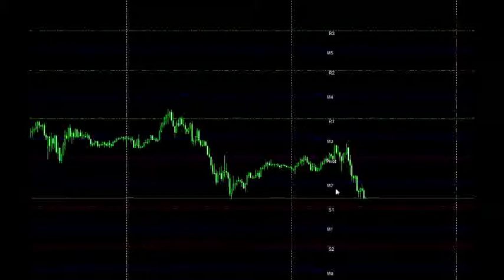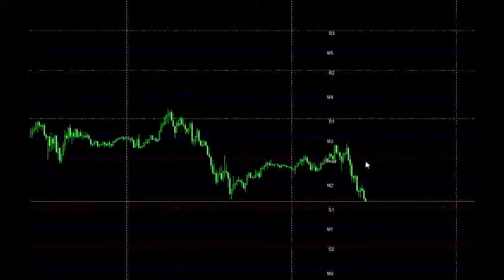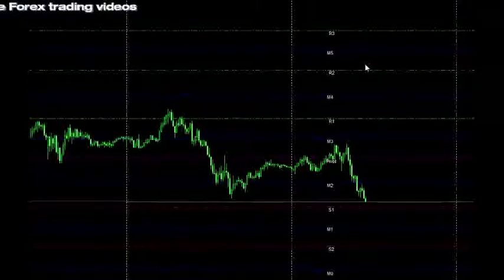The other way, going below the central pivot, you'll see S1, S2, S3. That stands for support. So basically, if the price is below the central pivot line, we want to be looking for buying opportunities. If the price is above the central pivot line, we want to be looking for selling opportunities. That's the